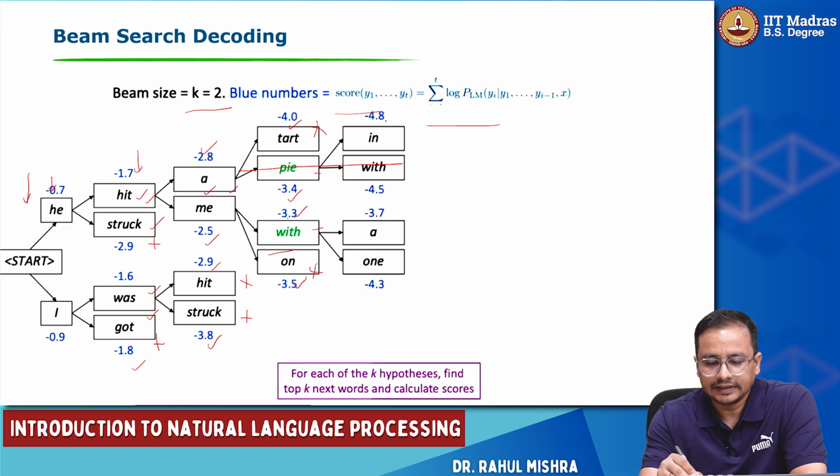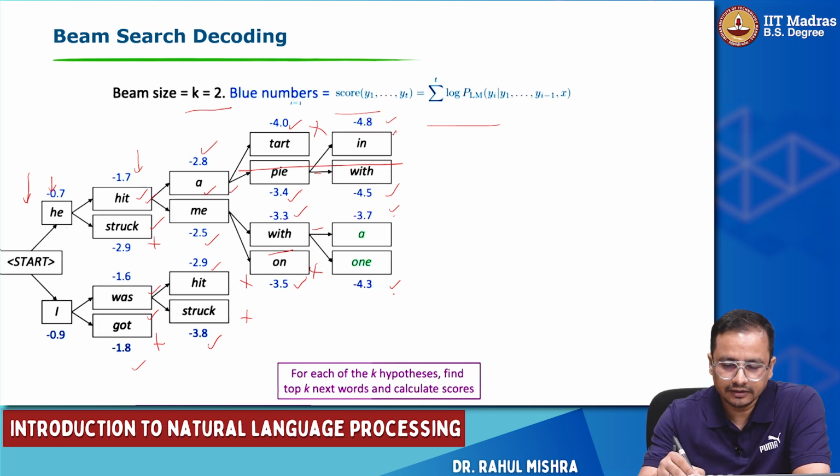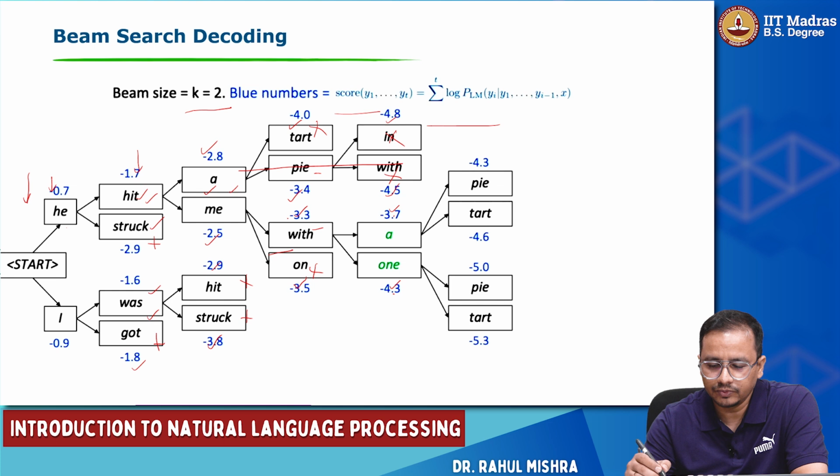We got probabilities of minus 4.8, minus 4.5, minus 3.7 and minus 4.3. So the lowest, or maybe in numbers the highest, probability is minus 3.7 and then minus 4.3. So we got these two selected, and we can prune them. We can explore the A and 1, and let's say at the end we got pi and tart